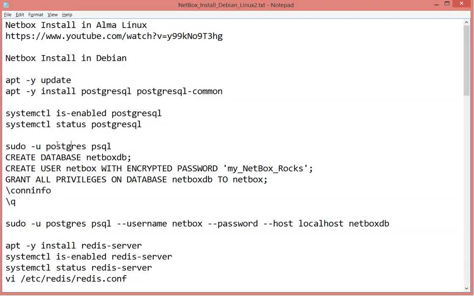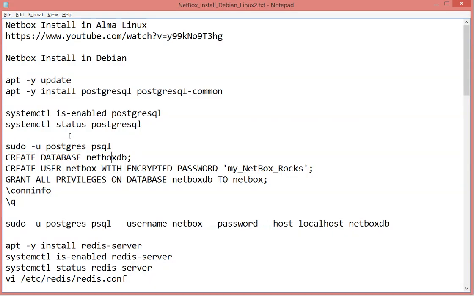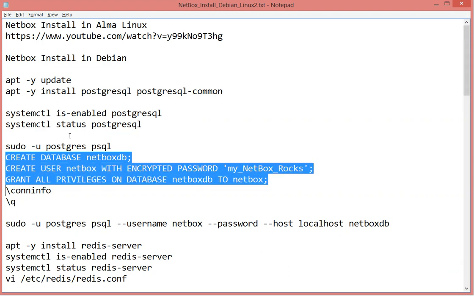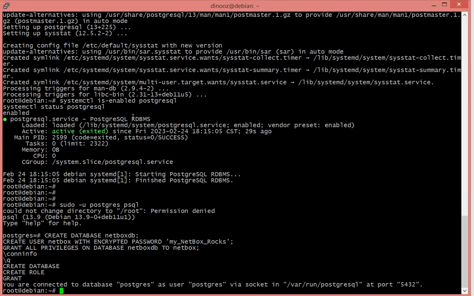Now let's connect to the database. We're using the command sudo postgresql. And what we want to do is create a database, netbox. We want to grant privileges to the netbox user, and we want to commit those changes to assign those role permissions. We successfully created a database,